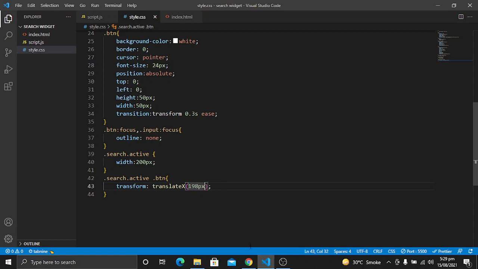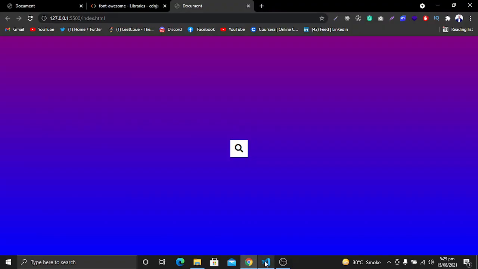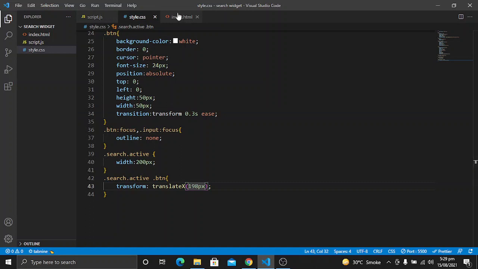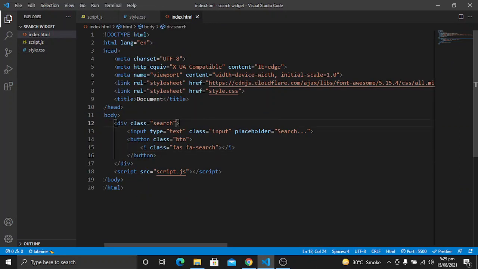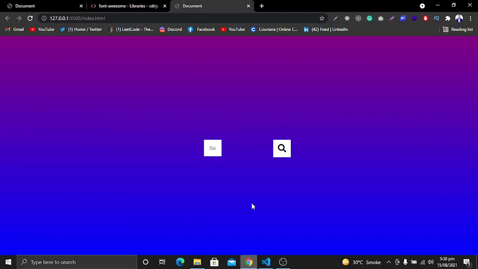Let's save it, and now you will see it's not working. So what we'll do is give it a class of active here. Now you will see some changes. Let's save it, and now you will see, so it's not working.